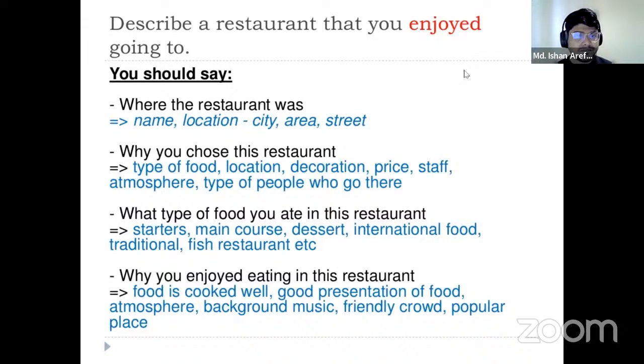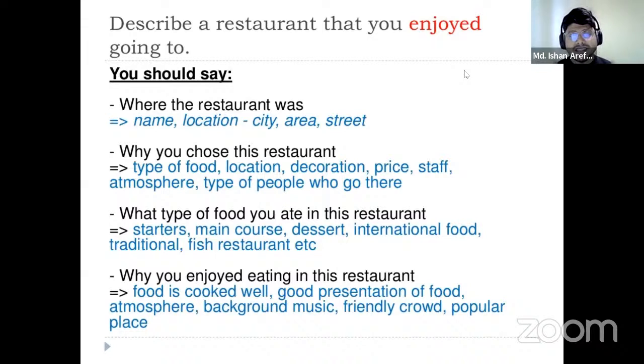So the decoration of the restaurant, maybe you can say that it looked very nice to me when I got there. I loved the atmosphere and the decoration of the restaurant, because now you're using past tense, because you're particularly talking about your occurrence of visiting the restaurant. So you have to remember these things because the tense is very important.